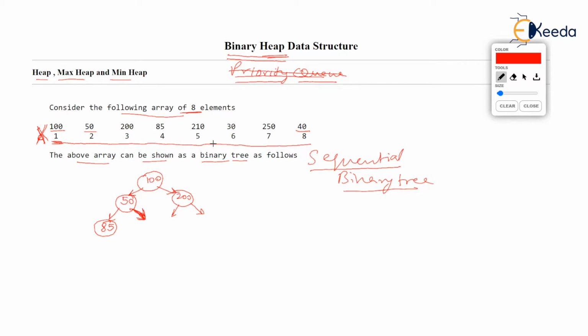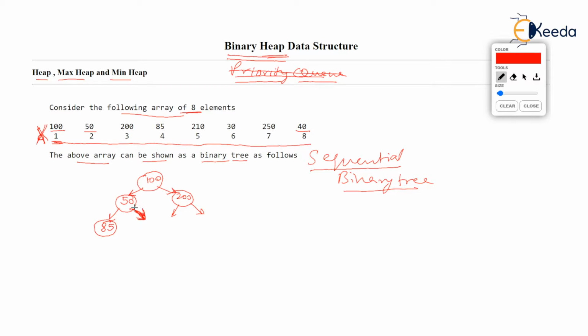Check that. We are adding the values. Follow the cursor now. We are adding the values sequentially from left to right. So now the next vacant place from left to right is obviously the right of 50. So whatever is the value will be added as the right of 50. And the next value will be added as the left of 200. And the next value, whatever it is, will be added as the right of 200. So the values go sequentially from left to right.